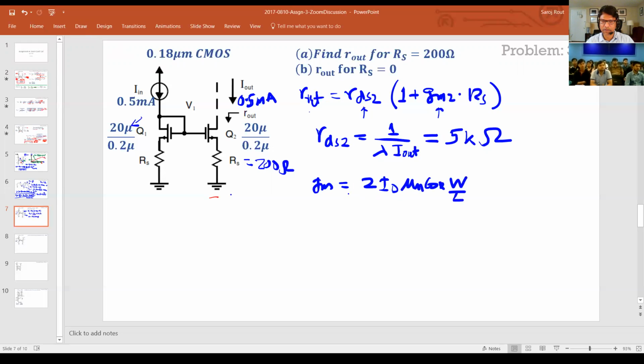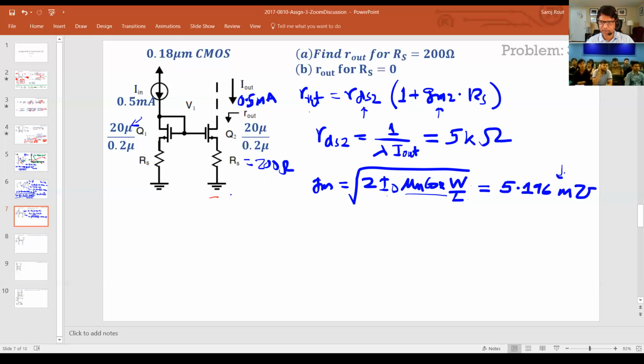And the GM is the square root of 2 ID times mu n Cox W over L. Again, you know ID, which is 0.5 milliamps. This you get from the table. W over L is 20 by 0.2, which is 200. You put all that value, and this is 5.196